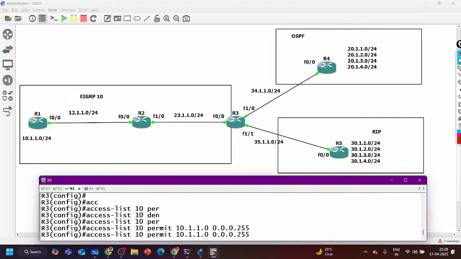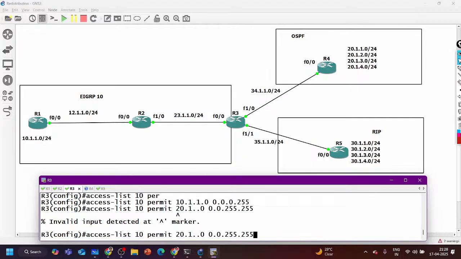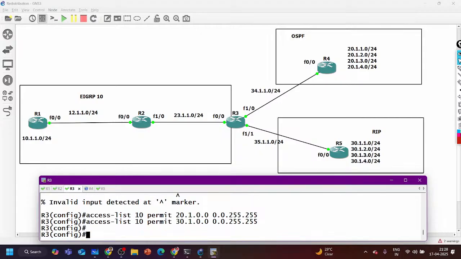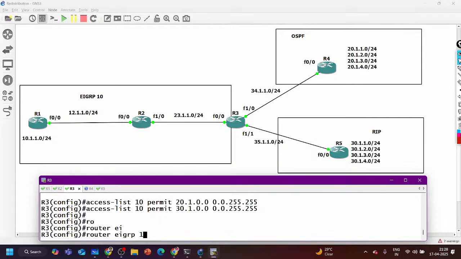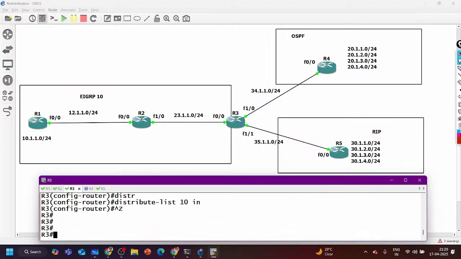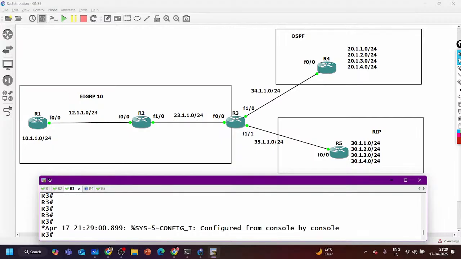Or I can advertise company 2 prefix, where OSPF is running, 20.1.0.0 and wildcard mask 0.0.255.255. Access list number 10, 20, and here we can say 30 also. Only these prefixes are allowed in EIGRP. Here I can apply it on EIGRP, distribute list number 10 direction in. That's it. Now you will not have WAN prefixes in topology table or routing table of EIGRP.